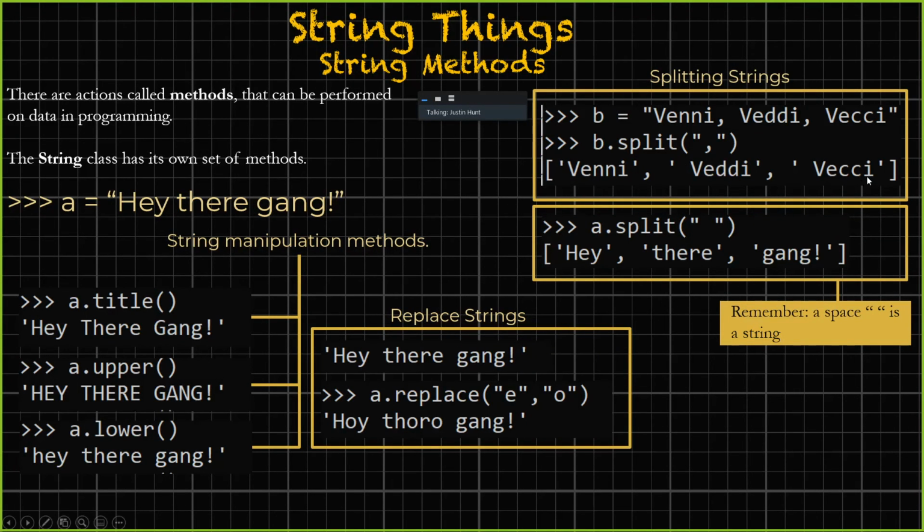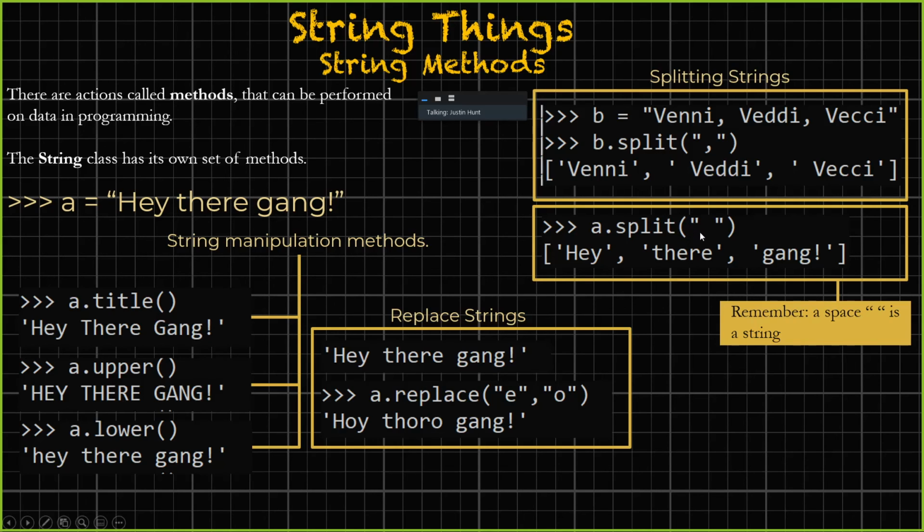It's now a collection. So here I put Veni, Vedi, Vici, and Vedi is completely incorrect, but that's okay. It's separated by commas. I used the split method and told it the comma is the functional character, the symbol you're looking for. When you see that, that's the end, and you're now splitting it. And it created a list. It created a collection of these texts, and instead of it being one string, it is now a list. Likewise,